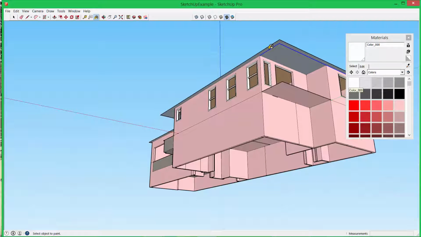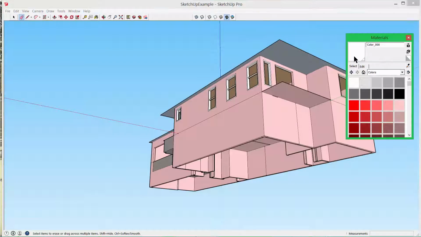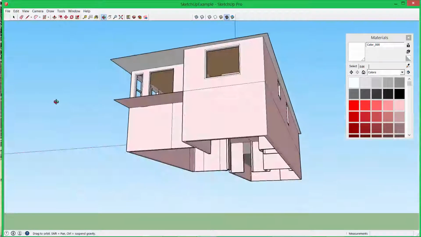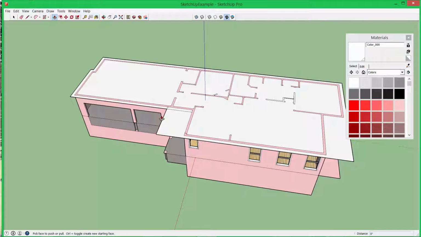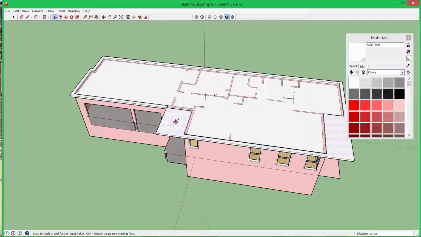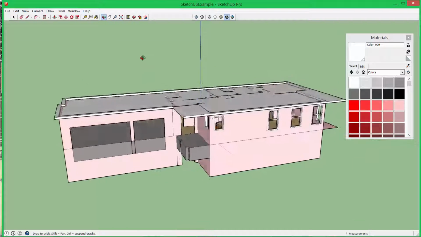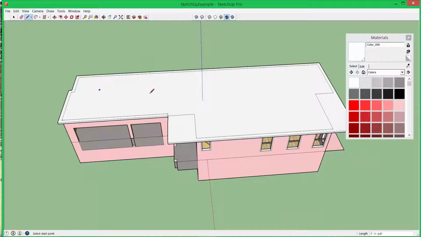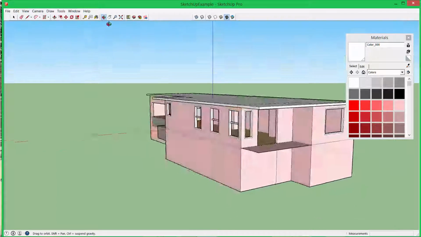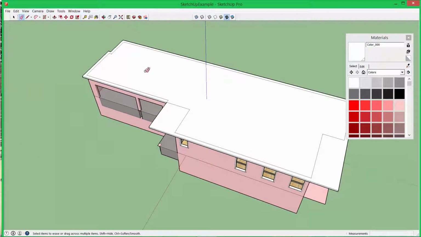You want to color the overhang, and I'm going to erase this line here, that point, and color that, and we've got our overhang in white on the top and the bottom. I'm going to use my push-pull tool, and then pull that up, 6, enter, 6 inches. Then I'm going to just take one line, and now we've got a nice clean roof, and I can erase